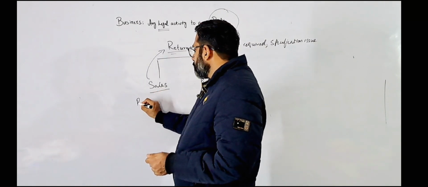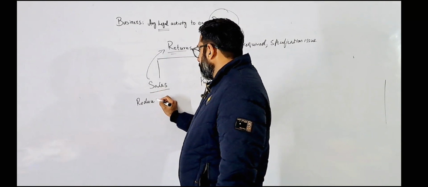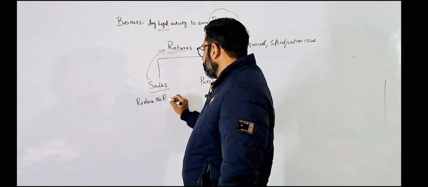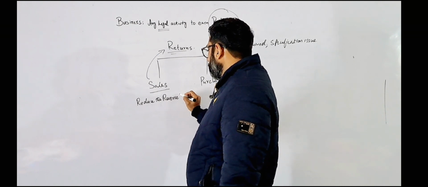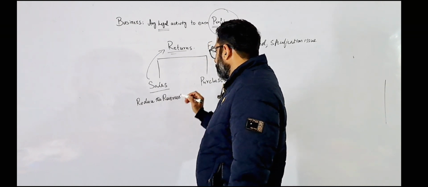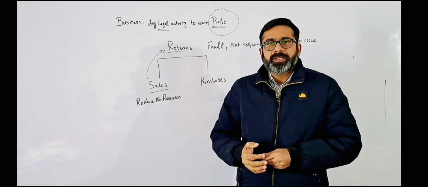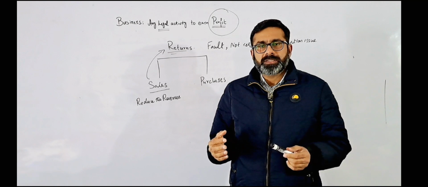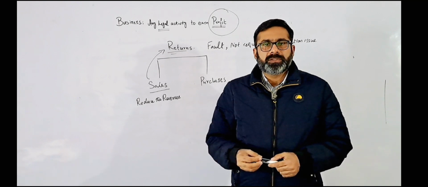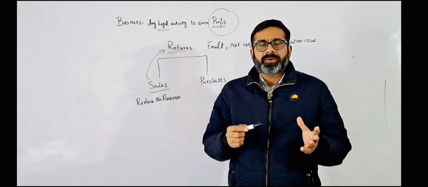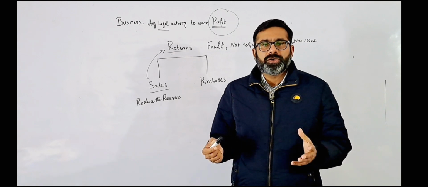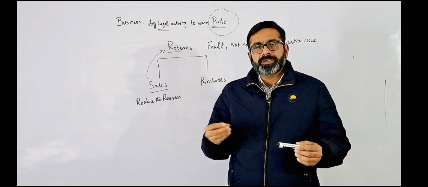It will reduce the revenue. Reduce the revenue means what? That if, for example, customer is giving you $10,000, later on $500 or $200, $1,000 goods are returned, so it